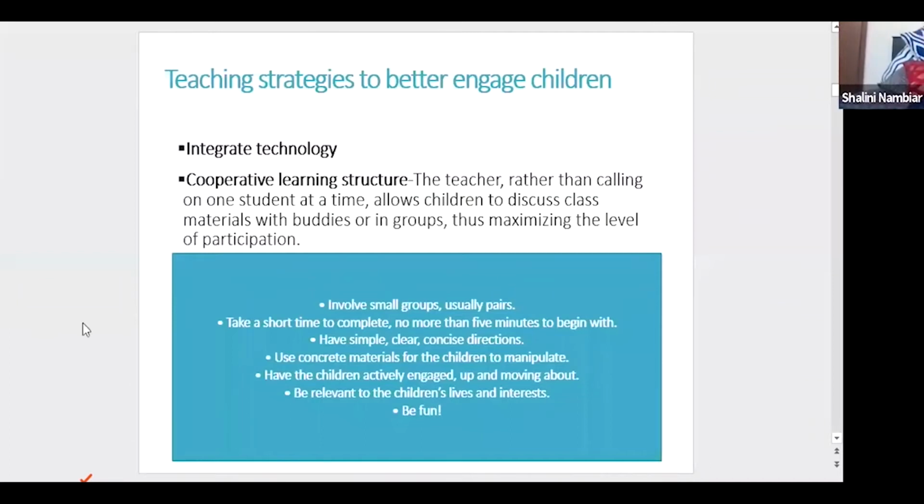You need to make it engaging for them. You need to create that excitement. Have a puppet. Okay, here comes the little puppet. Little Miss Shalini is here. What? Wow, it is exciting for the little kids. So very, very important that you try and understand the cooperative structure. Let them talk for 5 minutes.